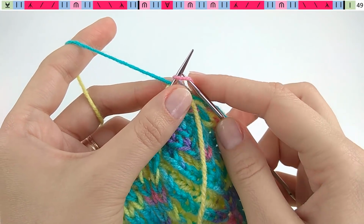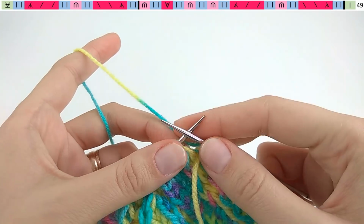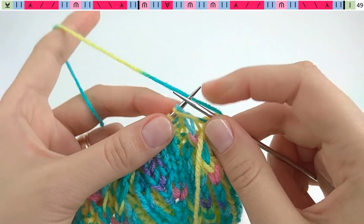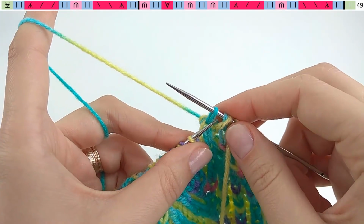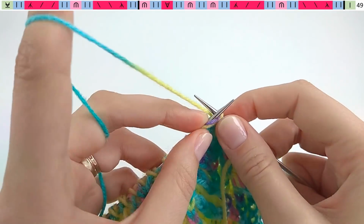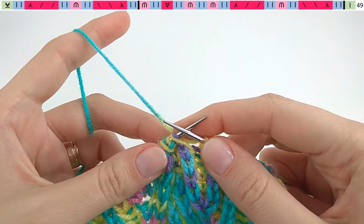Row number 49, knit the edge stitch, slip on yarn over, and we continue with the decreases here and here. We start with the left slant decrease, so slip, knit twice the brioche stitch, knit together 2 brioche stitches, pass over the slipped stitch. After that, slip on yarn over, brioche knit 1, slip on yarn over, and here we